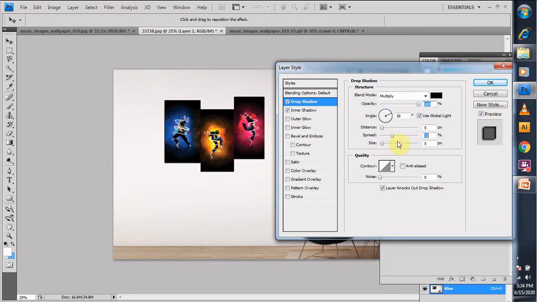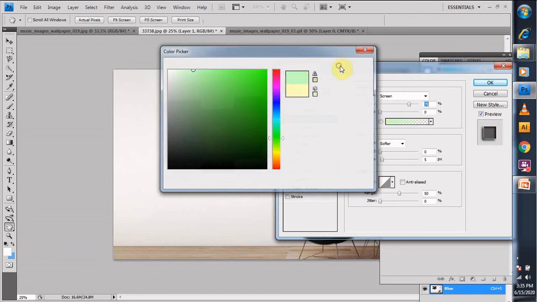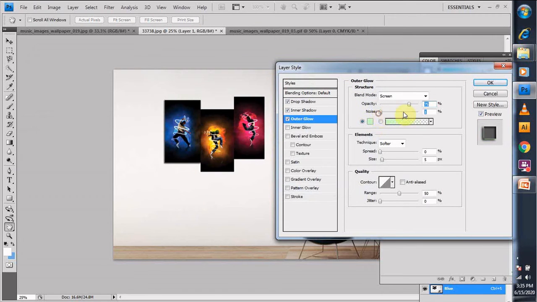Spread, see, if I use various colors it will show you various colors, but we don't want this.